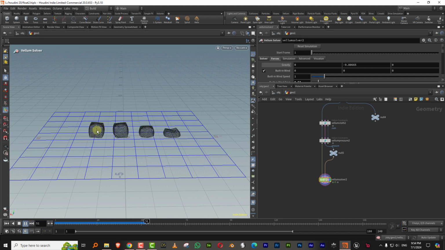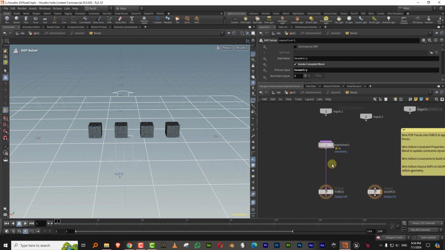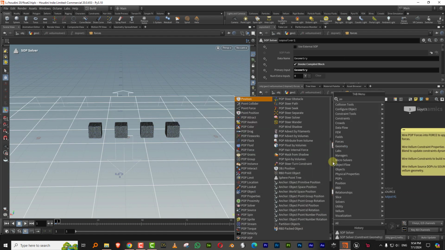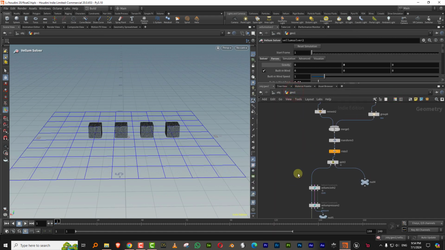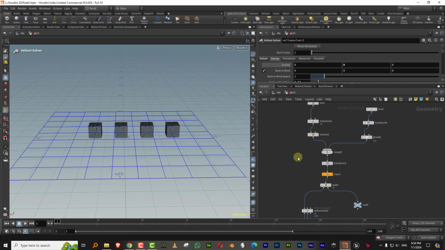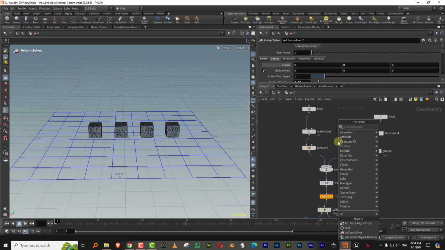So what we want is that once it starts to expand, then it should start to float up. So somewhere around like frame 72, and they should float up one by one. Like all of them shouldn't float up together. So what I'll do is I'll come in here, and let's make this 0. And I'm going to make our own gravity. So what I can do is I'm going to do this at warp level. Okay, so just take a pop warp. And we only want to affect the boxes. Okay, we don't want to affect everything, because I don't want the lines to be affected when we bring them in. So I'm going to take a group node